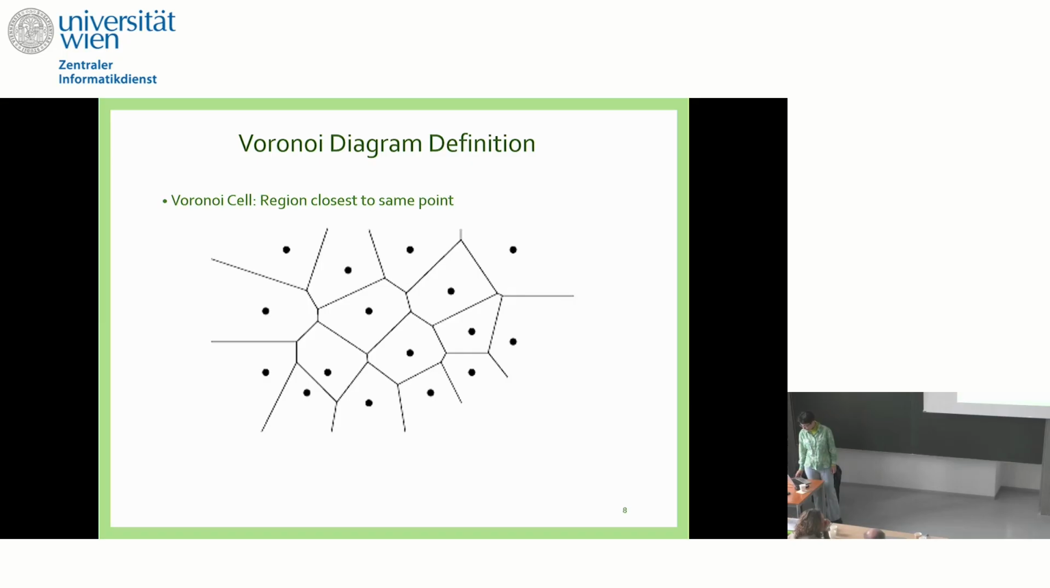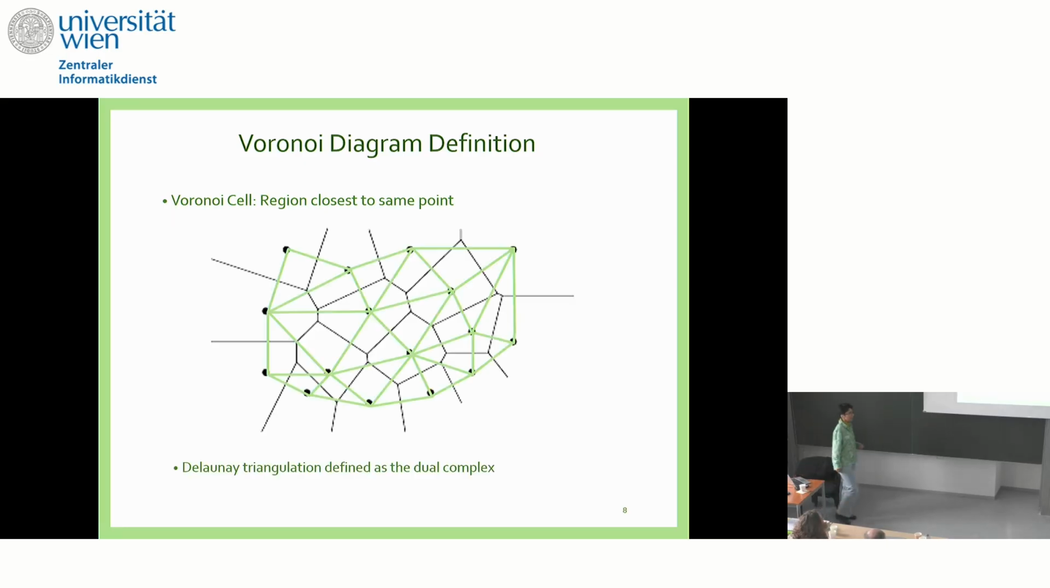And the interesting point is that you can define what we call the dual to this partition, or in other words, the nerve of this diagram. That would be the following. Each time I have two sites, two points whose cells share a facet, a common edge, in this case, I would connect them to each other. So that would give me a